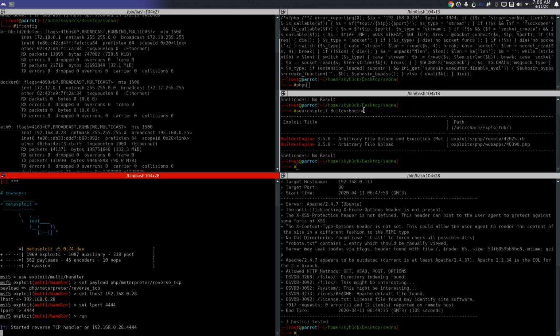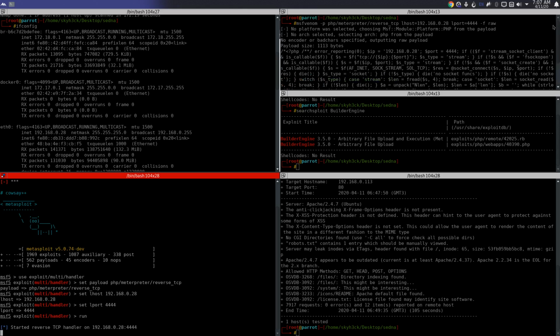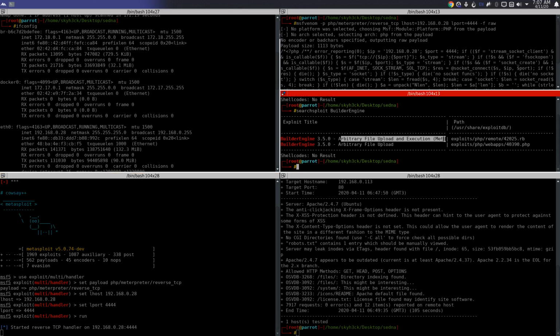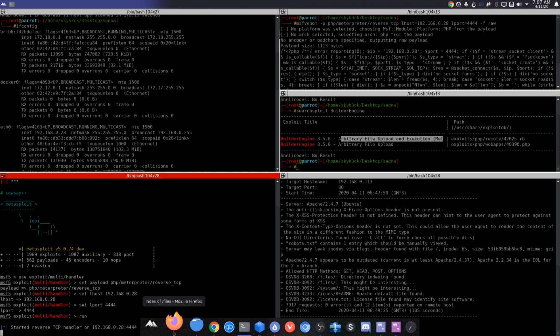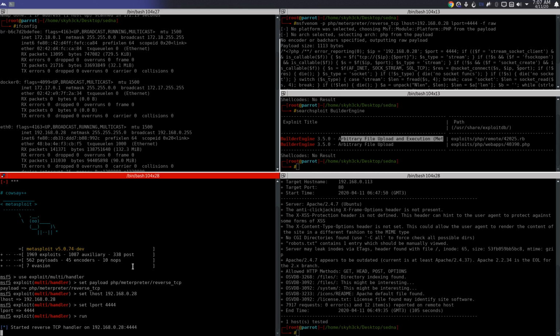So if you can remember, after creating this, let me go back, just in case one of you didn't understand. So after creating this, the payload, I uploaded it using the exploit that we actually downloaded online. As simple as that. So if it doesn't work, I'll actually write up what you can do next from here, because I don't know, it's not even starting the handler. It's not even starting the exploit handler. Oh sorry, the payload is not starting up the payload. And I'm sure I've done everything correctly,